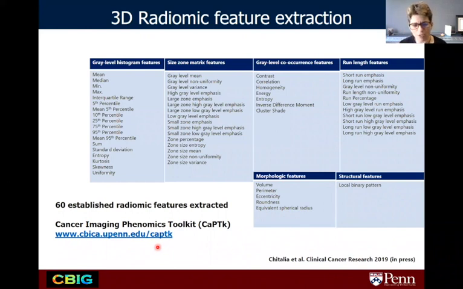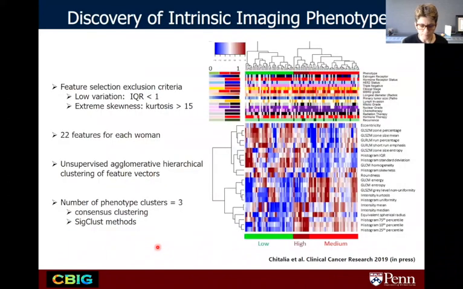And it's been shown to be pretty consistent when compared also to other toolkits out there, such as PyRadiomics and other libraries in terms of extracted features. We applied the unsupervised, first we extracted some features. We took out some features with low interquartile range and extreme skewness, features that don't seem to be very informative for our analysis. And then for the remaining features, we constructed that feature signature for each tumor, and we performed this unsupervised clustering to try to identify intrinsic subtypes.